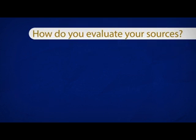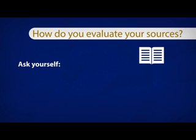You may be wondering how to evaluate your sources. Faced with a journal article, for example, there are a number of aspects you should consider and questions you should ask yourself to establish what lies behind the writing. These include